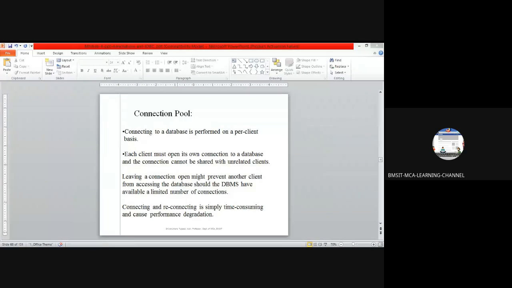Follow this link to insert an image into the DB using a servlet. Okay, fine. Any questions with respect to the session?